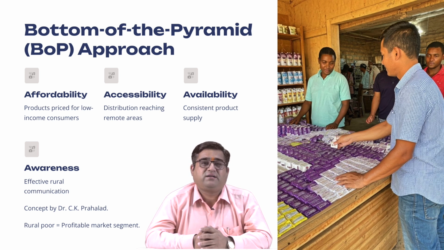It is the most progressive and inclusive model, often associated with Dr. C.K. Prahalad. This strategy views rural consumers not as passive buyers but as active market participants. Consumers who are low on income but high on potential and resilience. Bottom of the pyramid marketing is based on what we call the 4 A's, that is affordability, accessibility, availability and